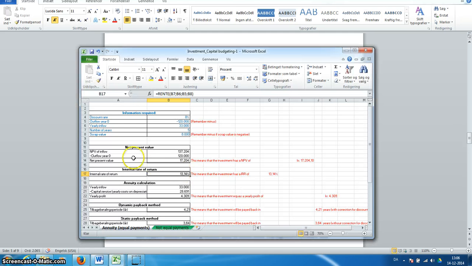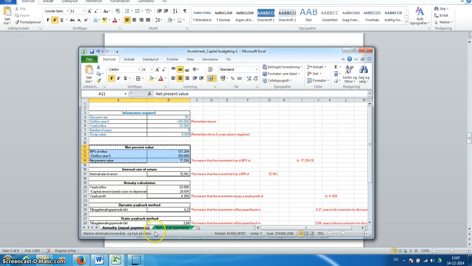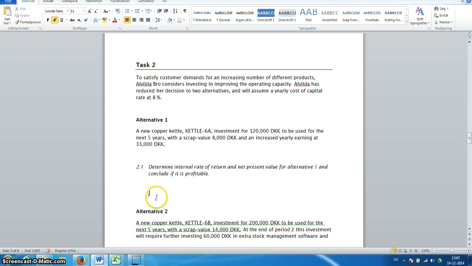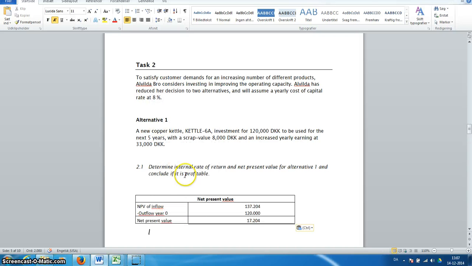Now we should probably show some calculations in this respect. So first we copy this into our document. And we could, in this case, just write the